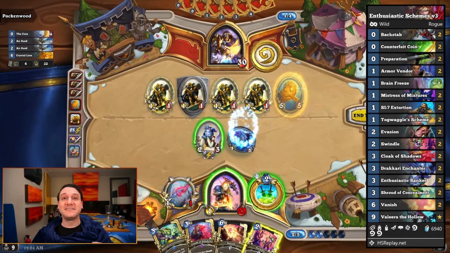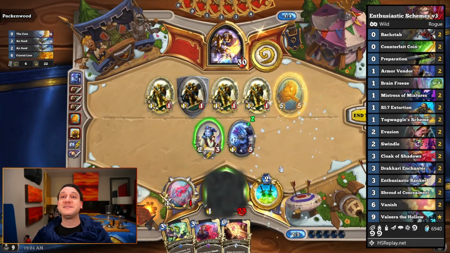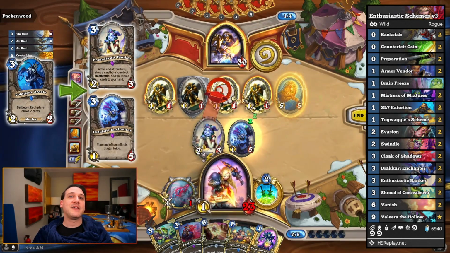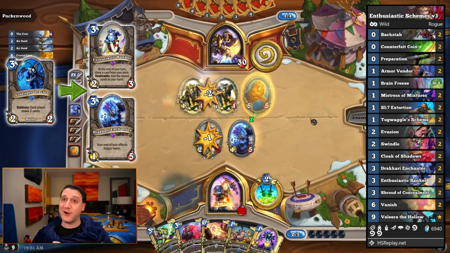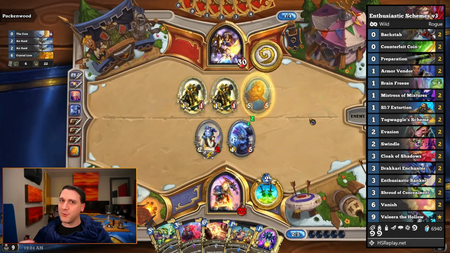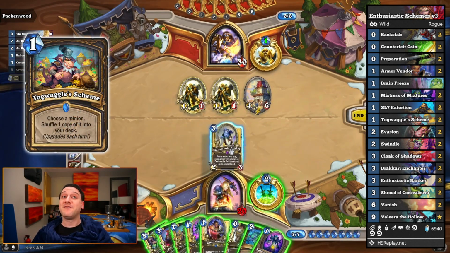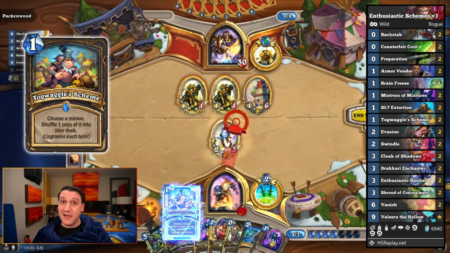This Enthusiastic Scheme Rogue in Wild uses a mill rogue shell, but in place of Coldlight Oracles, we've got Enthusiastic Bankers and Drakkari Enchanters. Who were we milling? Only ourselves. But with an early Togwaggle's Scheme, you can shuffle quite a few bankers into the deck, which can then draw